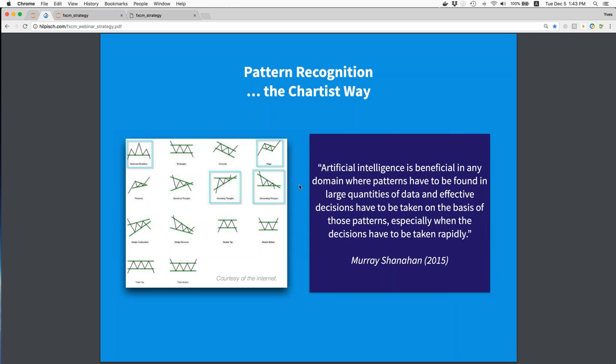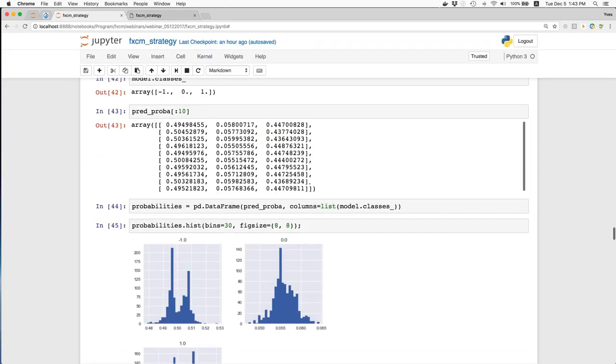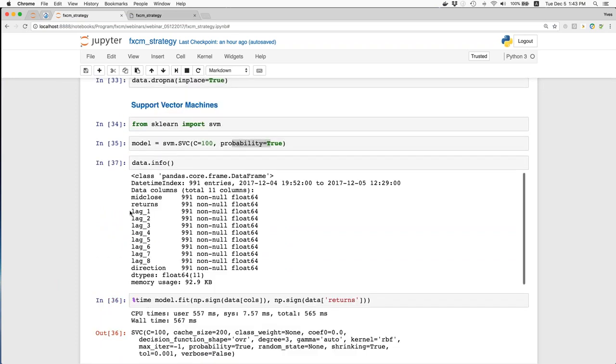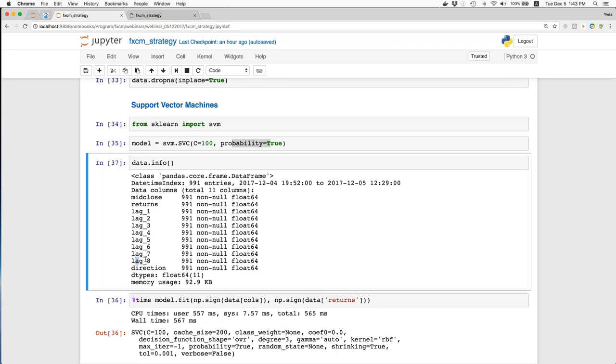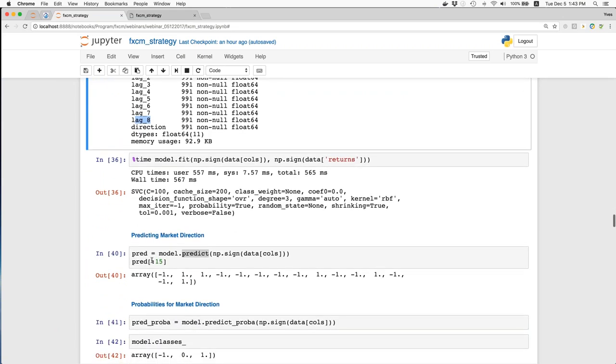The same holds true for our machine learning rationale, where we work with historical lags. These are the ones that I'm showing here: 1 day back, 2 days back, 3 days, 8 days. We could go 20 days back, 100 days back if we fancy, but the models are not that robust anymore. Basically, it's the same thing that chartists and other analysts do. They have a look at historical data and try to recognize a pattern